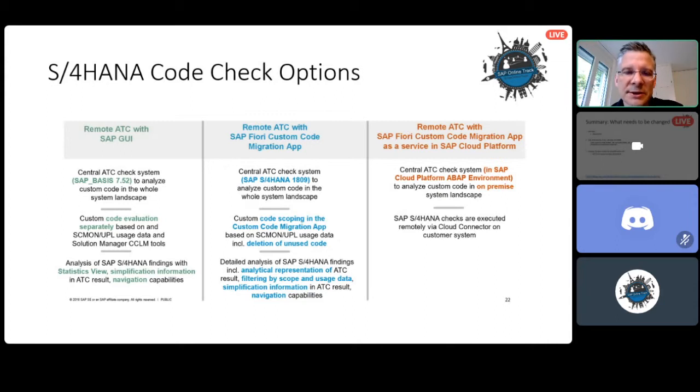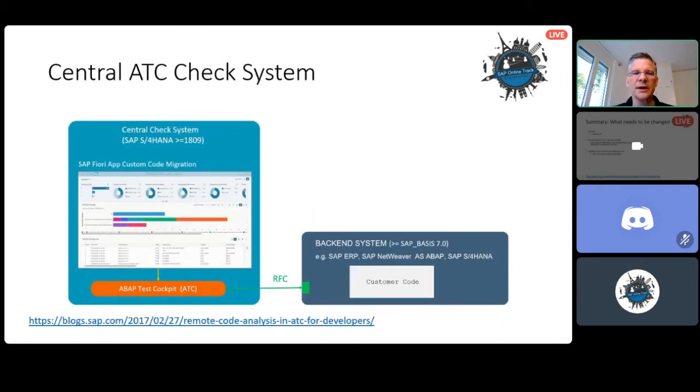I've seen there are also sessions in this online track weekend regarding ATC, and you will find a lot of documentation on that. I've added some of the major topics. So the idea is really that you have a new system, an S/4HANA system, a new NetWeaver stack, and connect it by RFC to your existing backend system. Usually it is enough to have the development system connected because there is your original ABAP source code. And when you have this connection available, you can perform the checks for the S/4HANA simplifications.